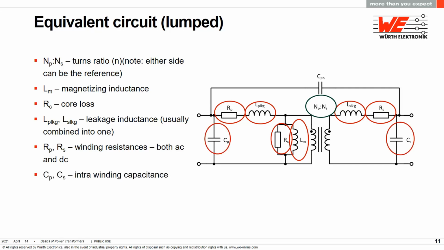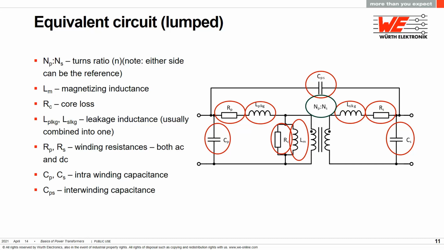There's also the intra-winding capacitance. This is the capacitance of the winding turns. It's a parallel element, so any current going through it is not going to make its way to the load, making it a loss element. The interwinding capacitance provides a bypass for high frequency currents. Sometimes you'll see equivalent circuits with a capacitor on top and bottom, which makes it easy to visualize common mode signals passing through your transformer. This is something that has to be considered more and more as the switching speeds increase with silicon carbide and